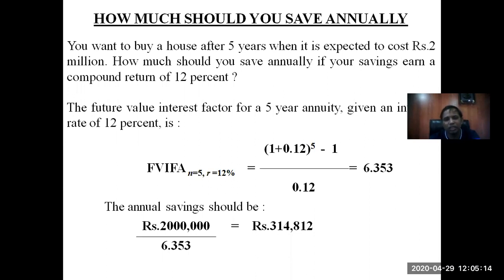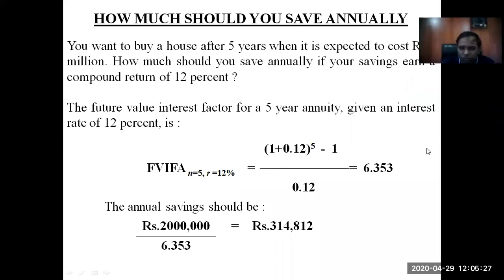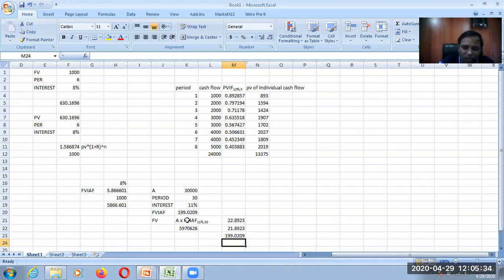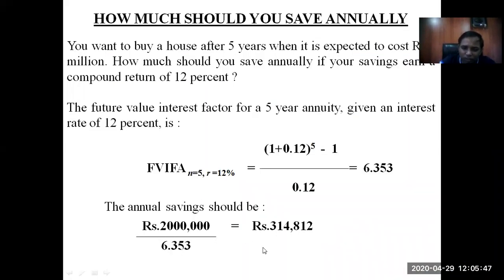So this is another one. This is what your annual saving should be. That is calculating your annuity amount. What is the annuity amount? You can calculate it. You can go for this respective formula. The same formula can be applicable. The only thing is that we do not have the annuity, but we have the future value. So what we can do is calculate this annuity factor and divide the future value by the annuity factor. You will have your annuity amount. A will be equal to this much.